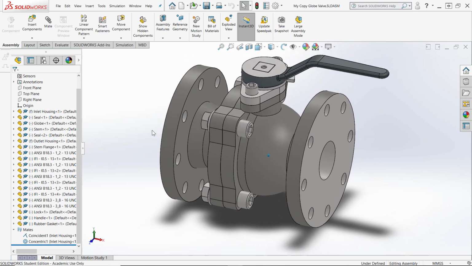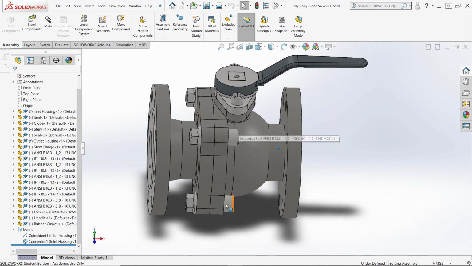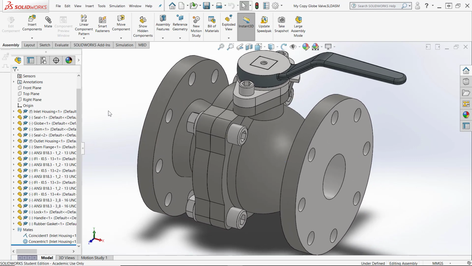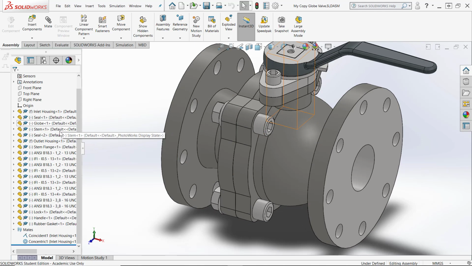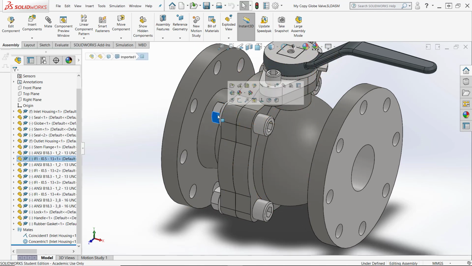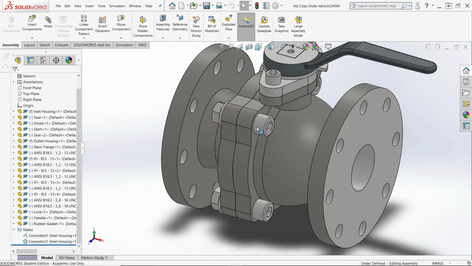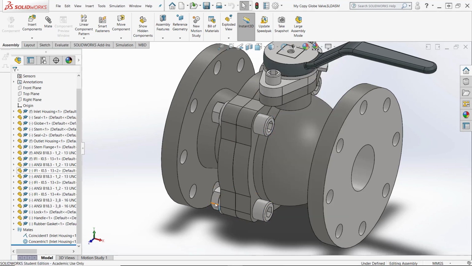Now we could go through the effort of constraining all of the fasteners, but this was an imported part from a step file, and so there is no history tree, and so it's unlikely that the parts are going to change any, so we may be safe in just fixing or grounding the location of these fasteners. And so I'm going to right click on each one of these fasteners, and I'll do fix on that one and so forth. I'll do fix on this one, and